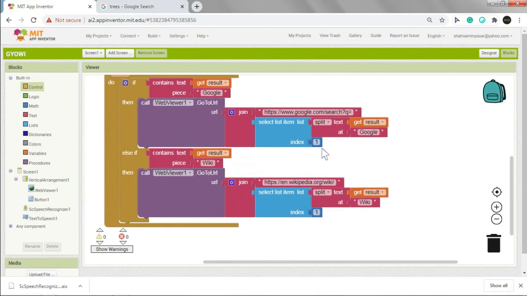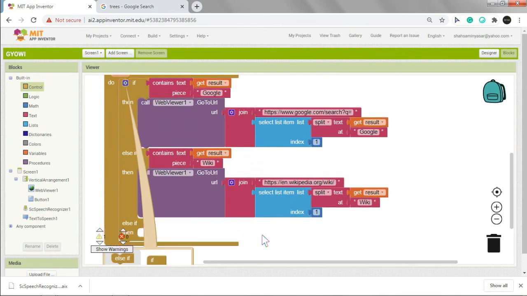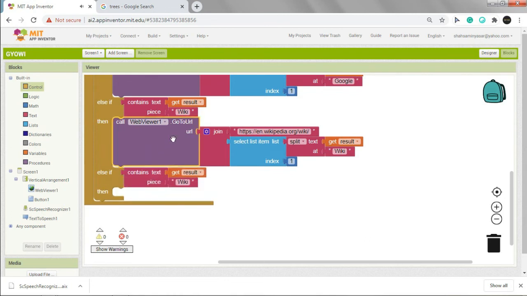Now similarly, we have to do the YouTube part. So also like before, copy, go to else if, get the else if function and set it underneath the previous else if one. Else if, like before, copy and paste all these, also this one.